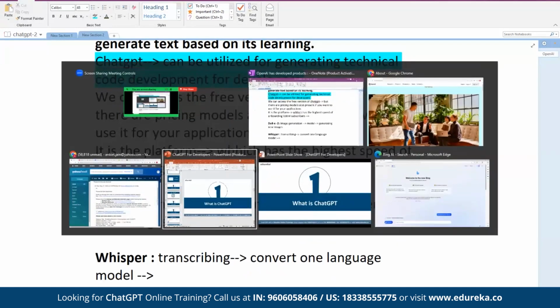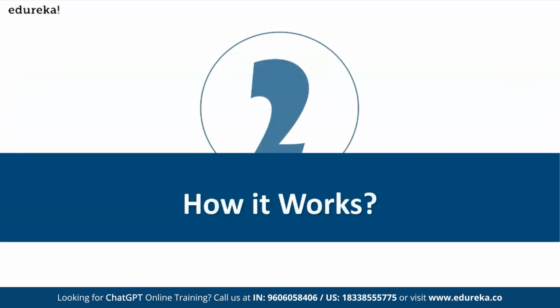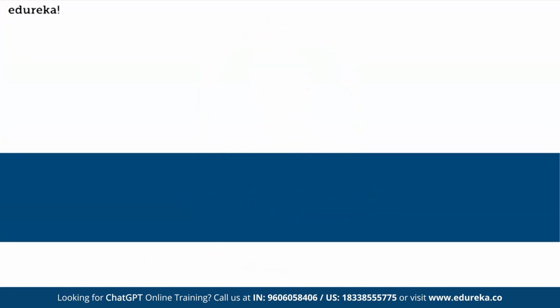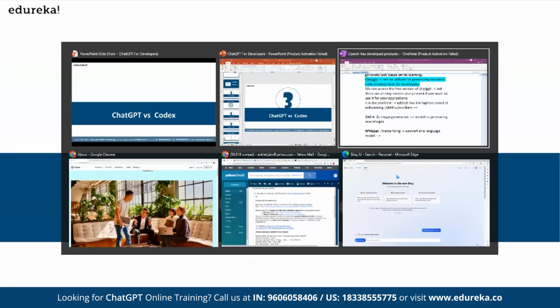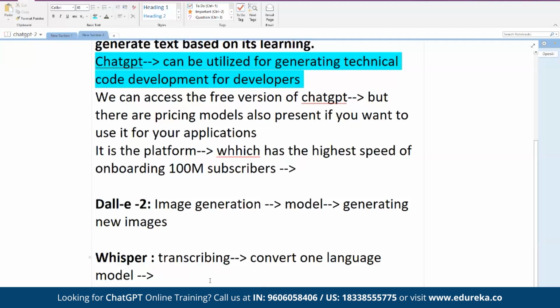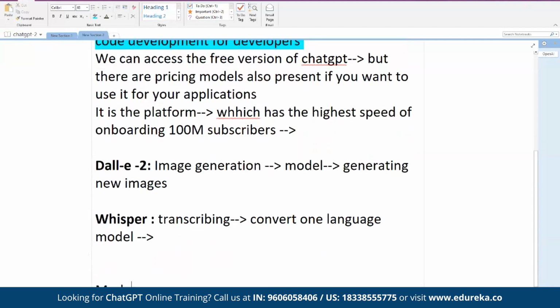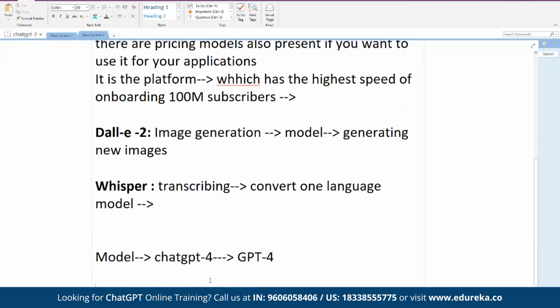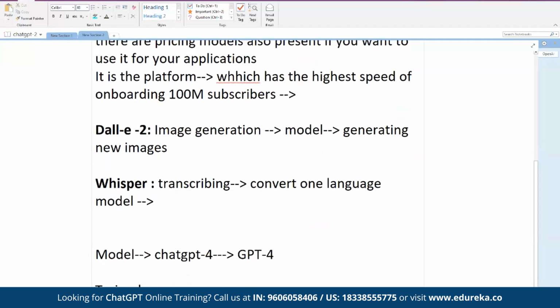So we'll move ahead and now try to understand how it works. So there is a model which is running at its back end, right? There is a model which runs at the back end of ChatGPT 4, and that model is known as GPT-4. Okay, so there is a model which has been trained, as I said earlier, on virtually the whole internet data. And that model is right now GPT-4.